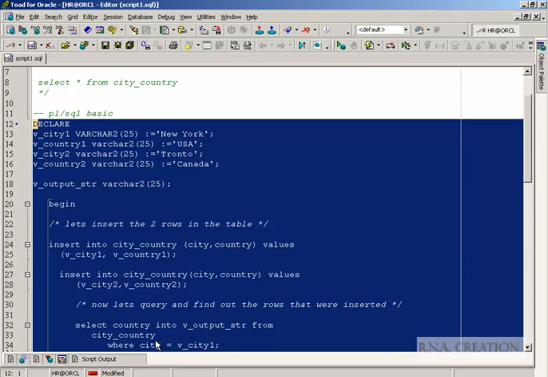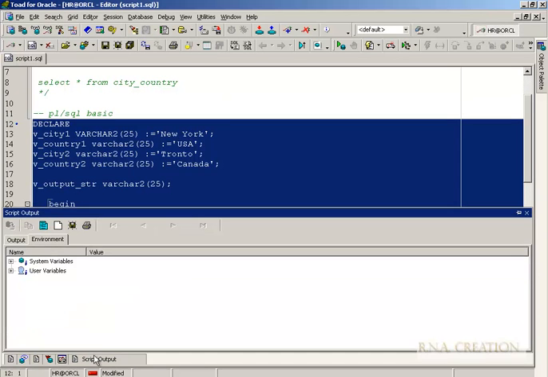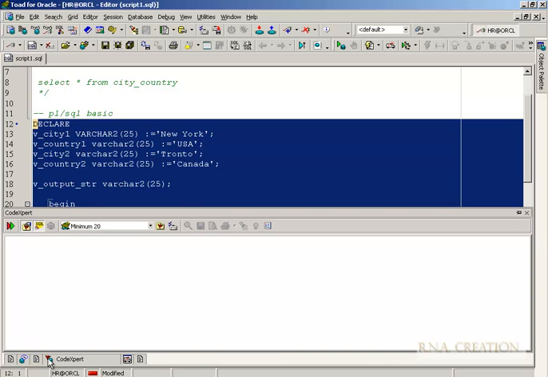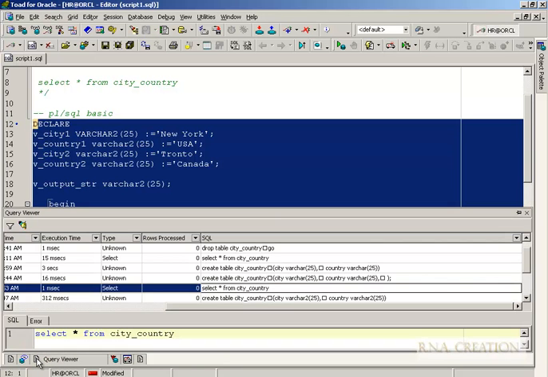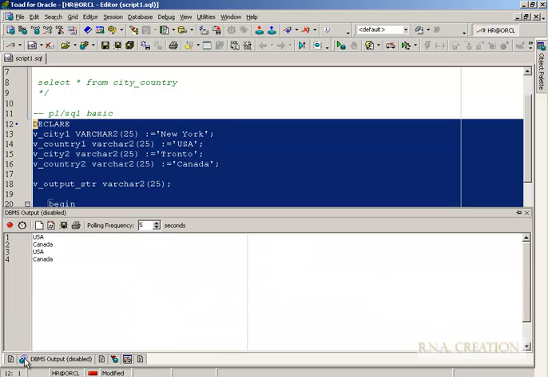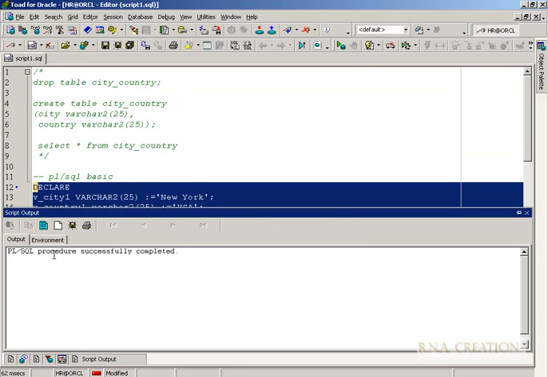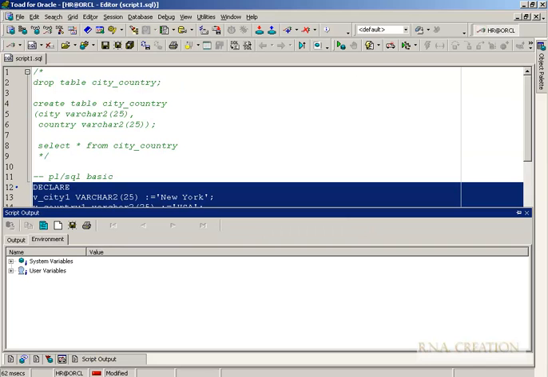However, let's go to Toad and let's see the screen output, script output, execute plan, code part. Yes, here it is. As you can see here, there it is exactly there. Now let's execute the script again, and let's see the